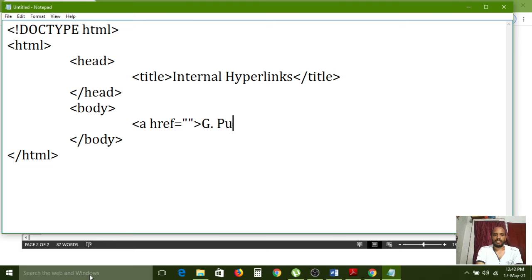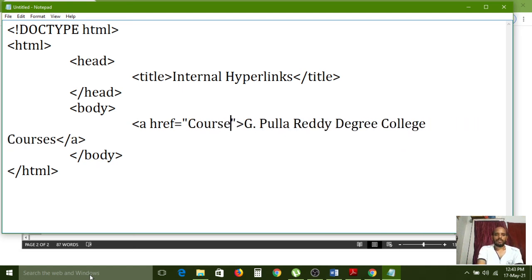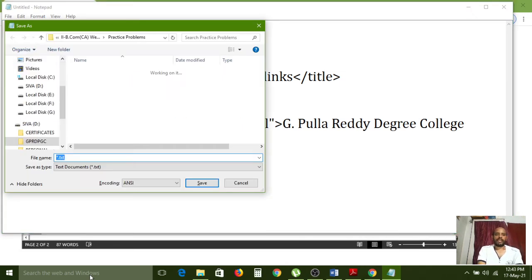G Pullareddy Degree College courses. Okay, so anchor tag I am closing. Here the courses.html file I have given. I am saving this file.